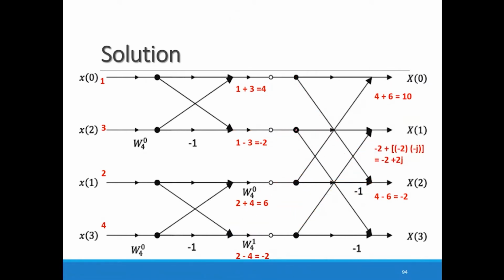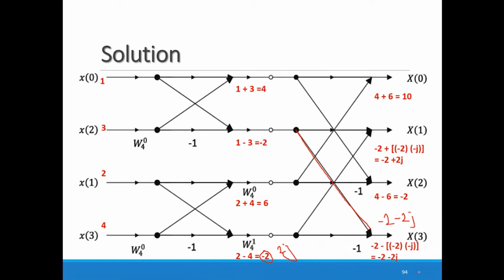In this last line, you are getting the data from here, that is minus 2. And now here, as we have seen, you are getting the minus 2 data. It is multiplied with minus j. So your product is 2j. Now this 2j product is multiplied with minus 1. So what happened? You are getting minus 2 minus 2j.